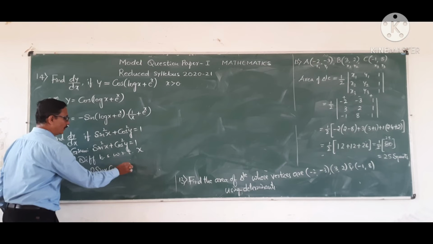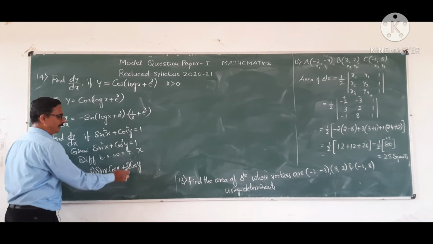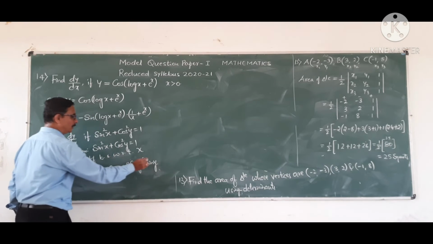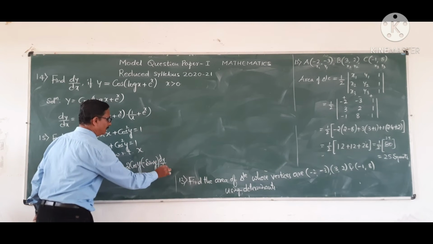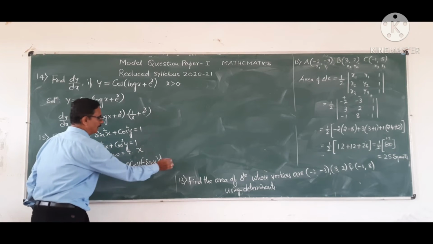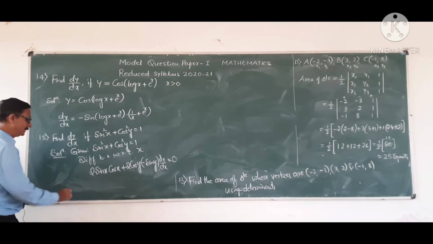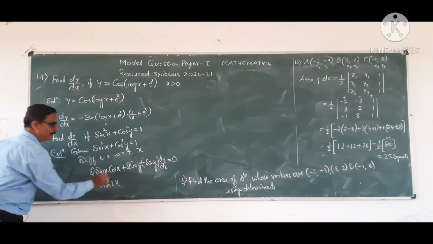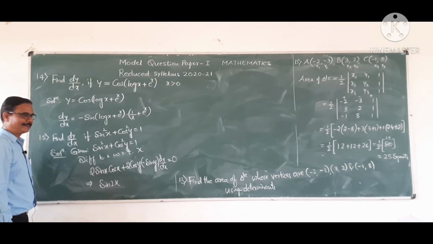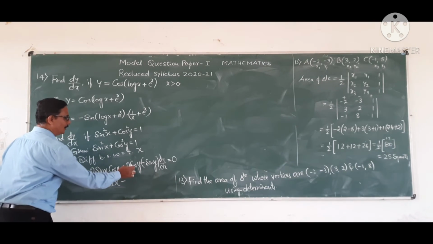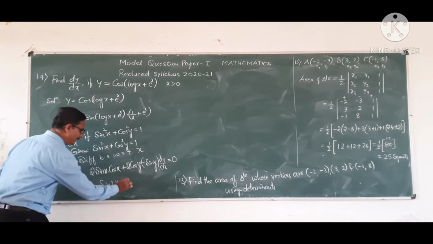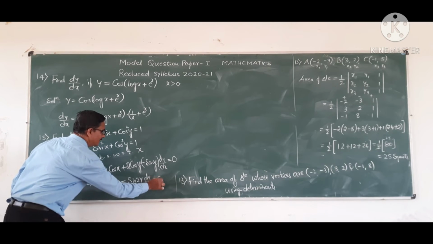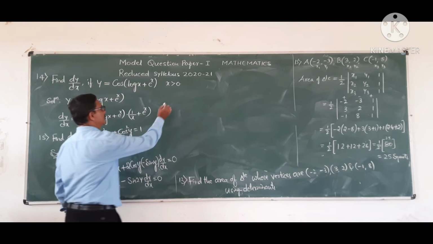Similarly, what is the derivative of cos square? 2 cos y into another friend, derivative of cos y is minus sin y, but with respect to a different variable x, into dy by dx is equal to derivative of 1, which is constant, 0. This implies 2 sin x into cos x, multiple angle sin 2x, you know the formula, isn't it? Plus into minus, minus 2 sin y into cos y, again multiple angle sin 2y into dy by dx is equal to 0. Rearrange.